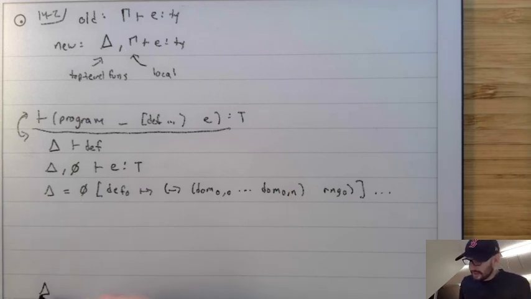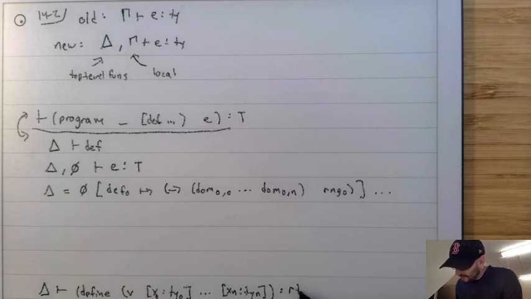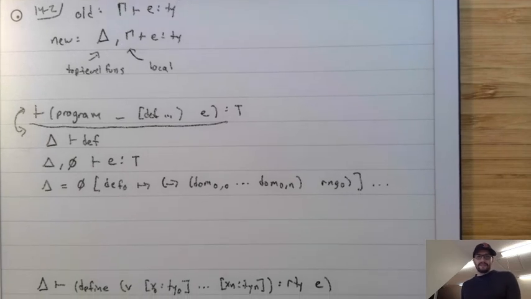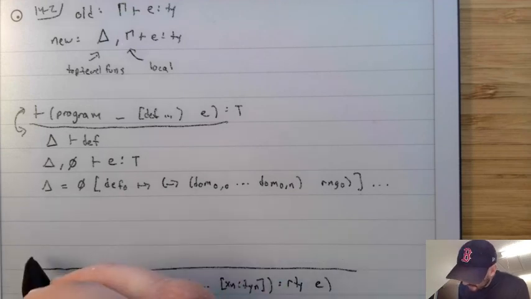So we'll say that delta proves that define of v x type 0 ... x0 through xn type n rty e, it proves that that is type sound, or is typable, if we can prove that delta